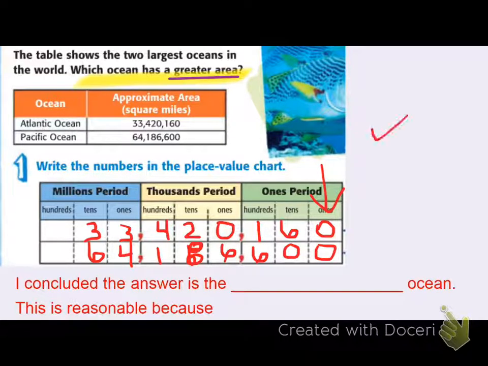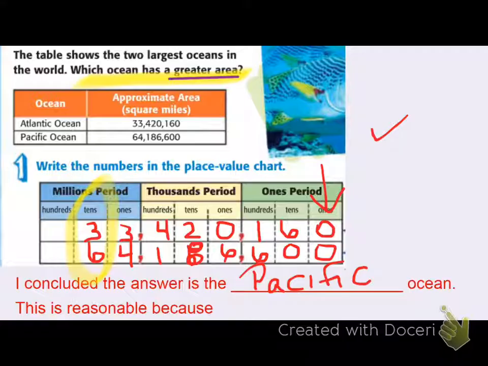Done. Check mark. Step 2, look at the greatest value. Well, the greatest value is 10 million, and I can clearly see that a 6 is larger than 3, or 60 million is larger than 30 million. So if we look at our sentence stem on the bottom, I concluded the answer is the Pacific, I'm going to use my capital letter, of course, Ocean